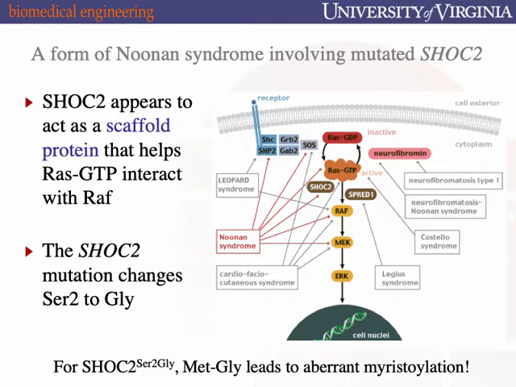A scaffolding protein can enhance an interaction that will already happen on its own, but by binding the two players that would ordinarily interact, it increases the local concentration of those two interactors, and accelerates the rate or stoichiometry of the reaction. Often the way that these are drawn is now let's say that A will react with C. You can put those two in a test tube and the reaction will occur. But if you add in B,